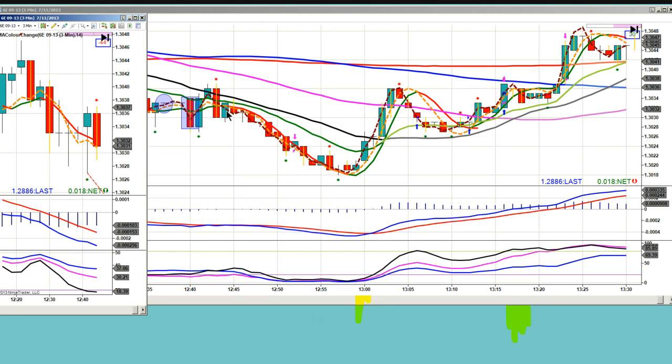Because the HFTs are going to come in and start the trend. That's what they do. Now, if you're doing a trend trade, you obviously would not be entering here. Why would you not enter on this square to do a trend trade? Who can tell me? Why would you not enter?